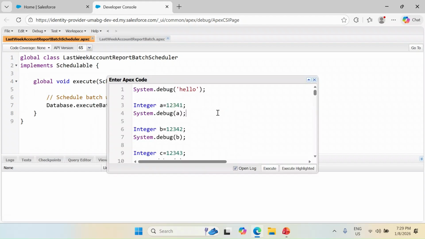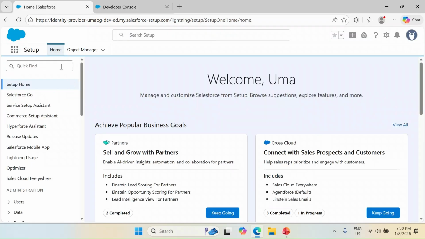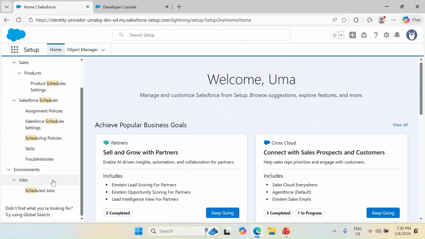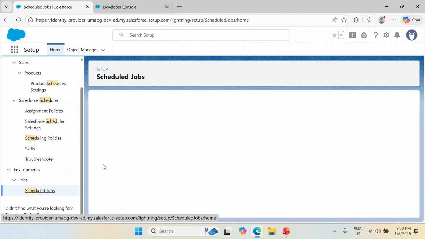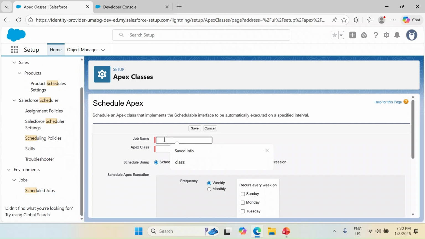One is that here only we can schedule, for example we can call this method and then schedule it, or else the other is here, Scheduled Jobs. Here if I go, you can give anything like count, let it be like that. And here once I search it,